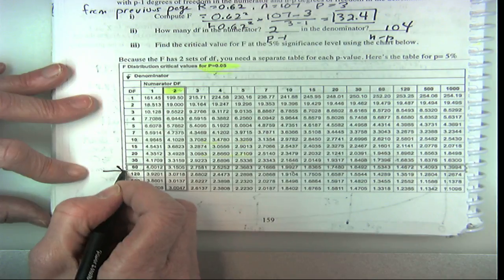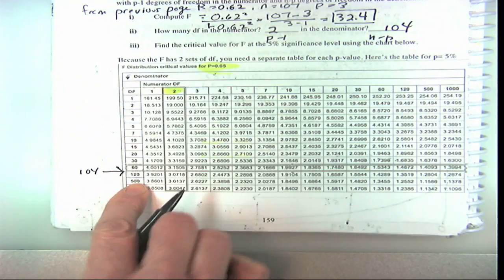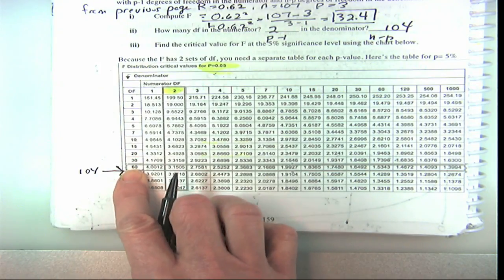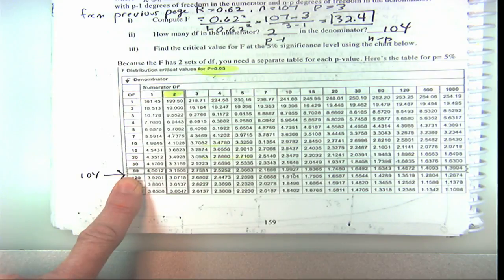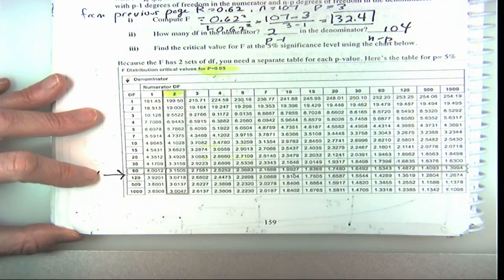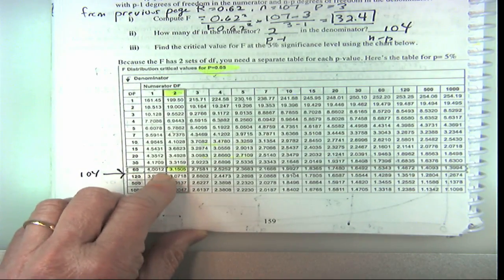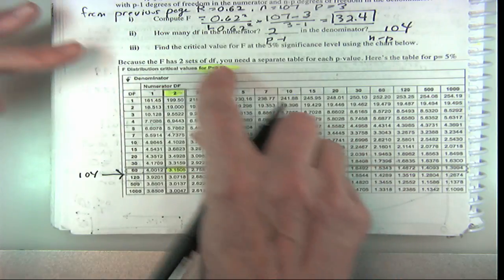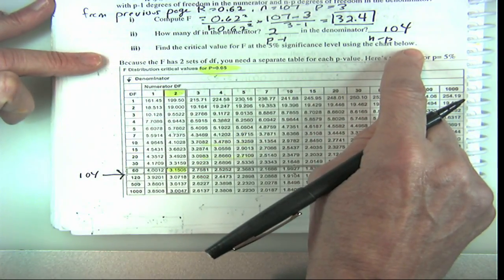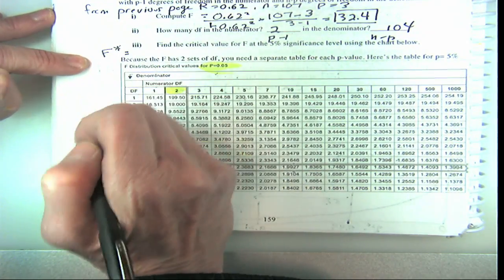But there is no 104 here, because that would be really long. So the degrees of freedom is 104, and it's between two lines. What people generally do, if it's between two lines, they use the smaller line. So we should write that down. Now you can see it's very close to that, but it's bigger. So we're going to be a little more conservative here. So we find the critical value from the chart below. We say F star is equal to